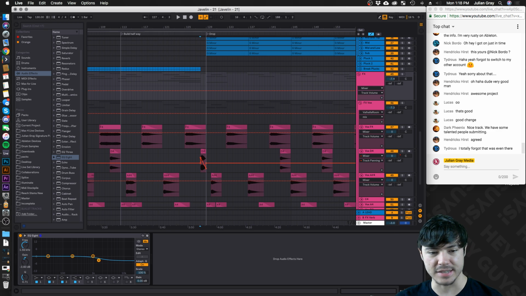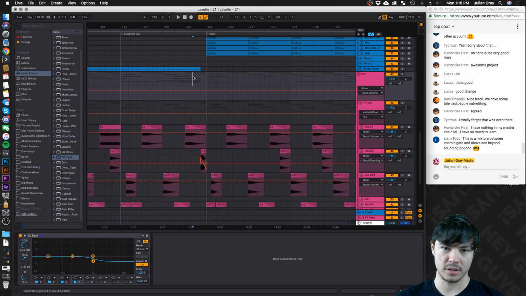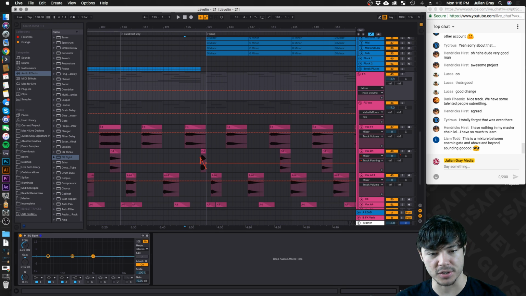When you start to bury the top end, it's like walking out of a club. You can hear the sub through the wall, but you can't hear the high end through the wall. And you can kind of use that psychology to force something into the background a little bit more, because we perceive high frequencies as closer to us. If we were to boost this, it's going to sound closer. If we lower it or remove it, it's going to sound farther away.